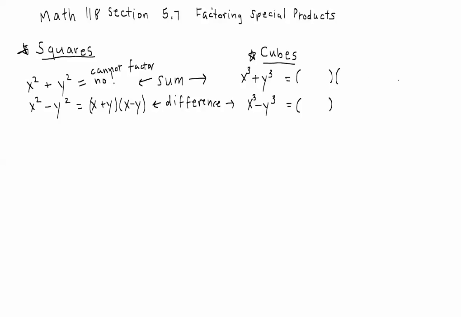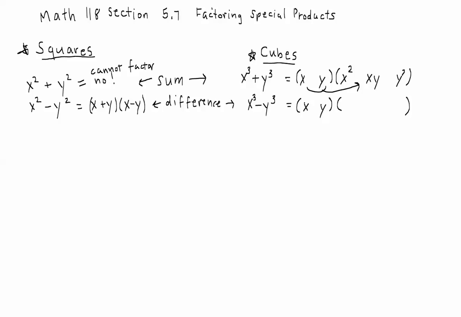The way you factor cubes is you draw a short set of parentheses and a long set of parentheses. In the short set of parentheses, you write the cube roots of the cubes. The cube root of x cubed is x, the cube root of y cubed is y. If they're numbers, then you have to write the cube roots of those numbers. In the long set of parentheses, you write the first one squared, you multiply them together and put them in the middle,